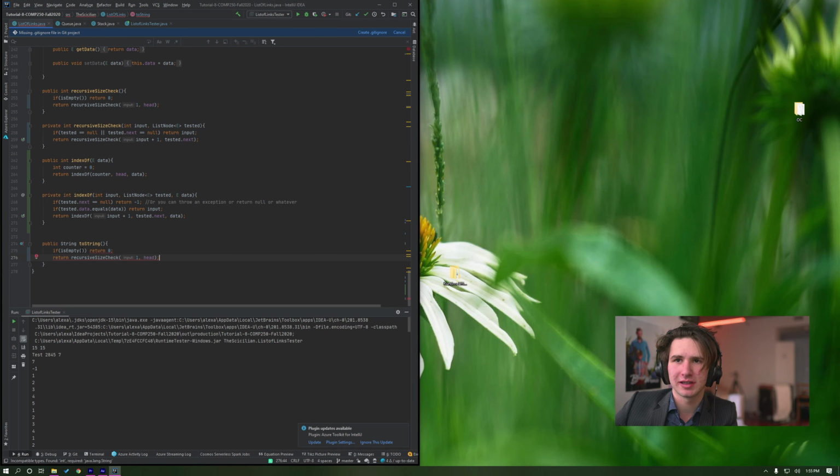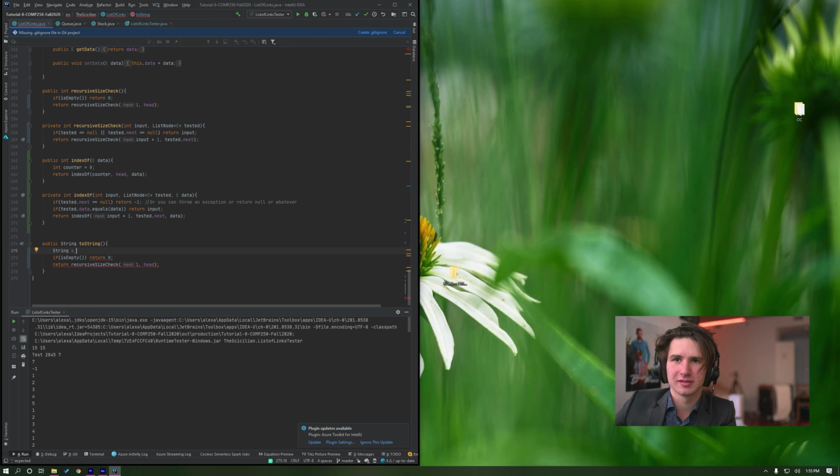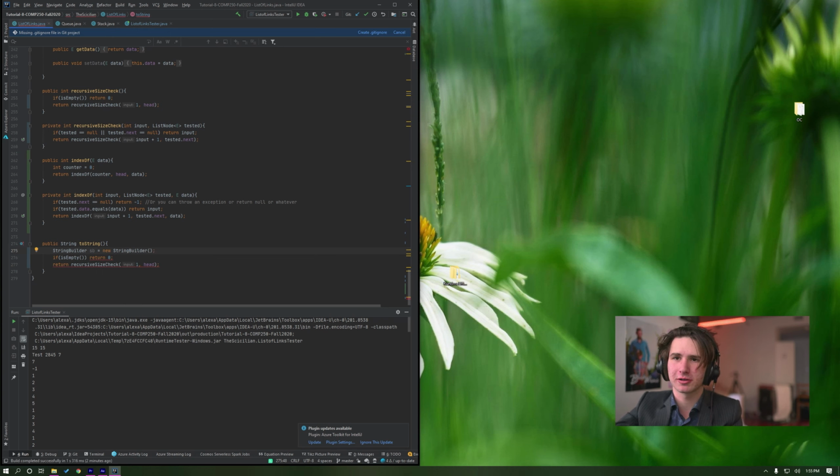What we do is that I can just take my code from recursive size check. Alright, now we don't care about the index anymore, so instead I'm going to say string s is equal to whatever, but actually there's a better way to do it. We're going to say a string builder sb is equal to new string builder, because a string, remember, is immutable, so we have to create a new string object and replace it every time if we just append the string. So instead I'm going to use a string builder, which is mutable. I'm going to say if is empty, return blank. All right, and now we're going to return recursive size check, and instead of recursive size check, I'm going to call it private